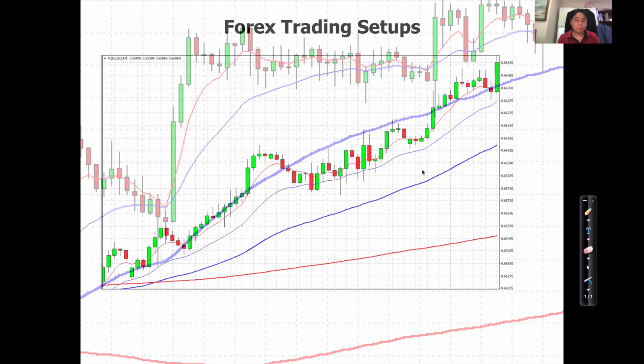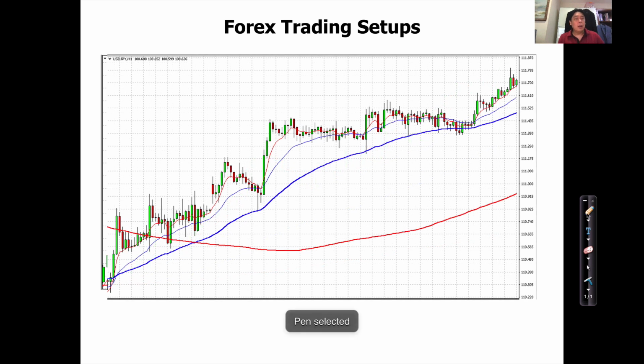Here's an example on dollar yen, and it's finding support at, you can see, the 50 moving average being tested many times. So again, breathe out, breathe in, and find support. And that's a bullish pin bar. Although it's red in color, it's still a bullish pin bar because of the long lower shadow. That's a reversal pattern. Boom, you can enter a buy there, put a stop loss somewhere there,